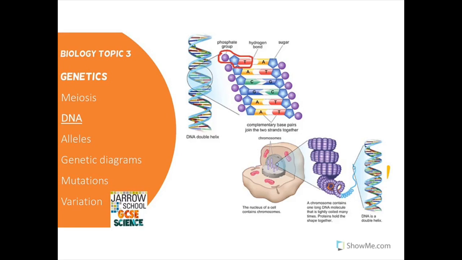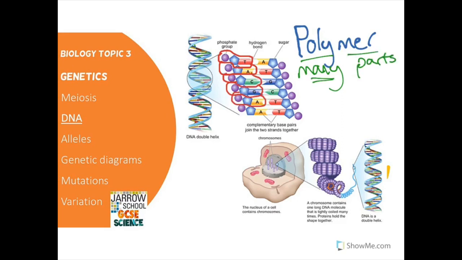So on this drawing we can see the thing that I drew last time. This has got the base T. That is joined to another part which has a base which is A, and so on. Because DNA has many parts, it is called a polymer. Polymer meaning many parts. And one strand of DNA is a polymer, and that sticks to another strand of DNA,